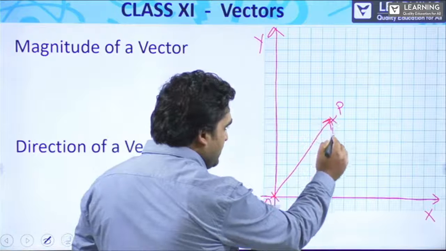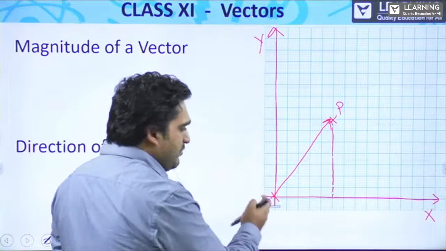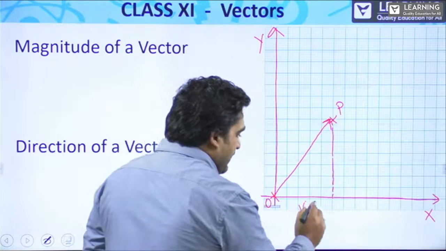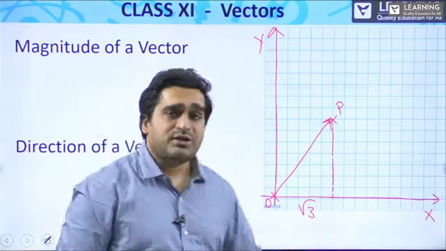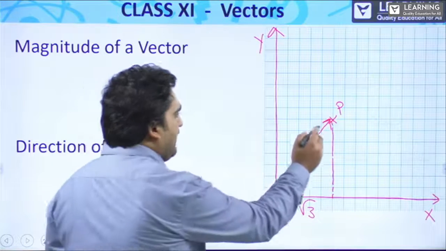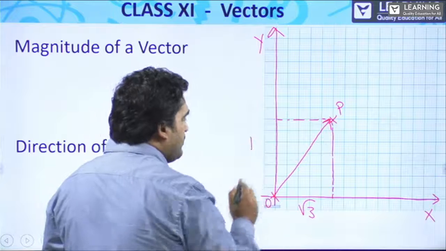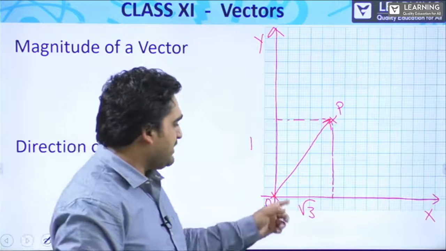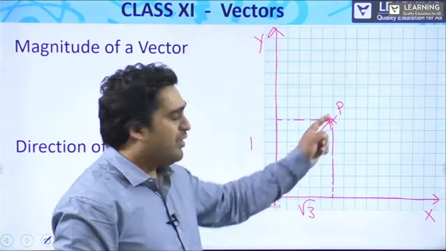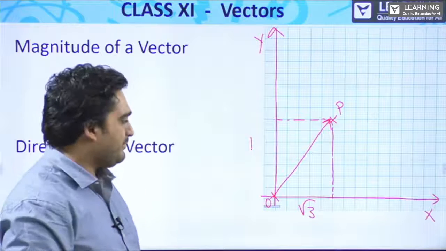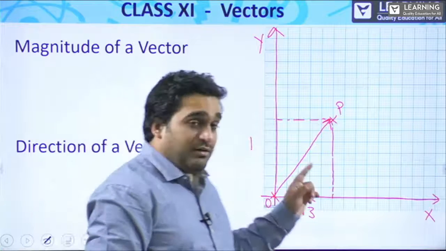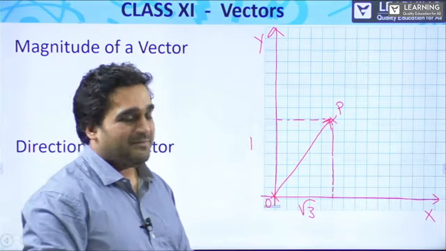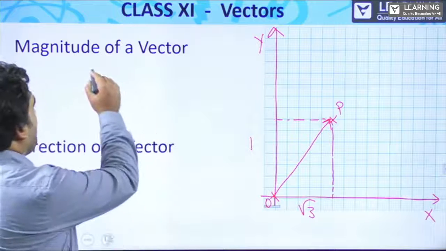Suppose the projection, by creating a projection along the x-axis from that position P, has √3 units along the x-axis and 1 unit along the y-axis. How do we identify in this case what would be the length of the OP vector? The length, remember, the length of the OP vector is nothing but the magnitude of the vector. So the OP vector,